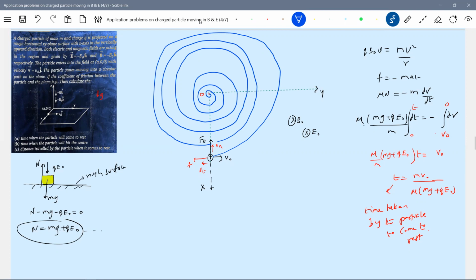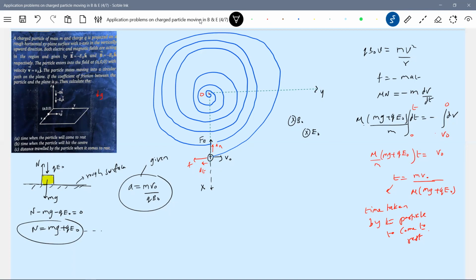Yes, that's a million-dollar question. Actually, the data should be given that mv is not equal to qB0. Then only it can come to rest at the origin. Otherwise, not possible. The center is telling I am choosing the electron. So let this be given. Sir, how come it will come to rest at center only? It's very simple. I don't want to mess up things.